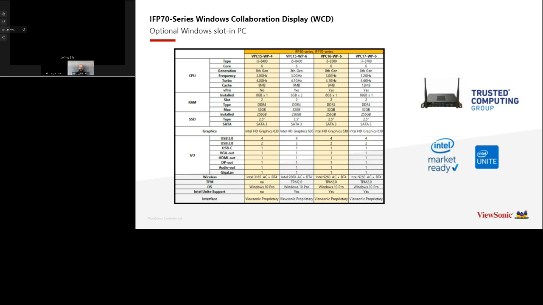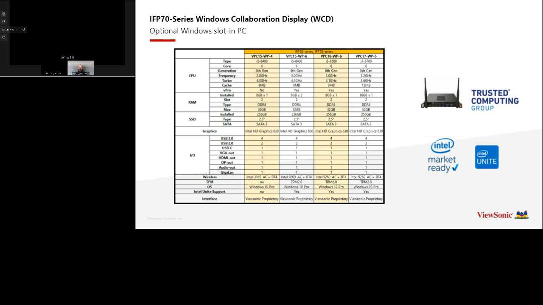Sure. So, yeah, just to kind of talk about as well, too, the wonderful world of finding a mute button on Thursday. So, yes, on our Viewboard displays, we always talk about the slot-in PCs, as we talked about Intel Market Ready, Intel Unite certified on some of the models. These are a great option that I would say definitely in the higher ed, about 9 out of 10 usually prefer to get this. You, of course, yes, can attach your own laptop or desktop, but one thing we highly recommend is that it meets the specs. The great part about having the slot-in PC is, of course, you can image it just like any other device in your environment management, but this is made specifically to run the Viewboard flawlessly.